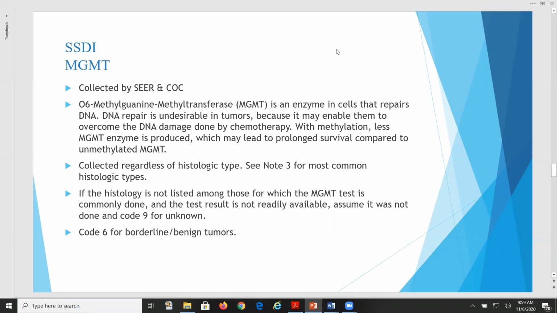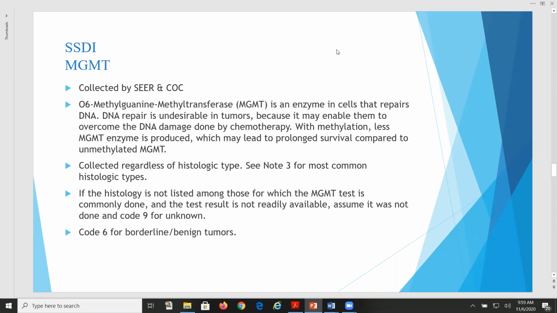So if the enzyme is methylated, then less of the enzyme is produced, which may lead to prolonged survival compared to unmethylated MGMT. So you're looking for the enzyme MGMT, and you're looking to see whether it is methylated or